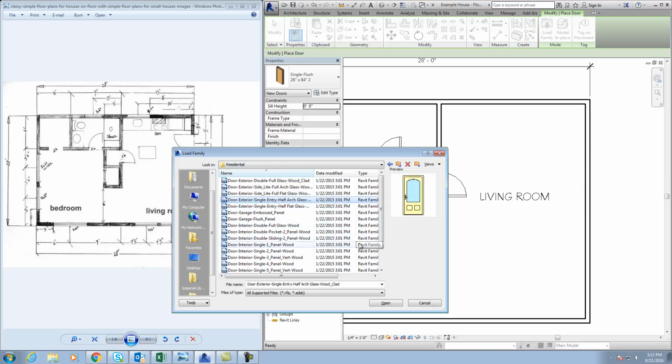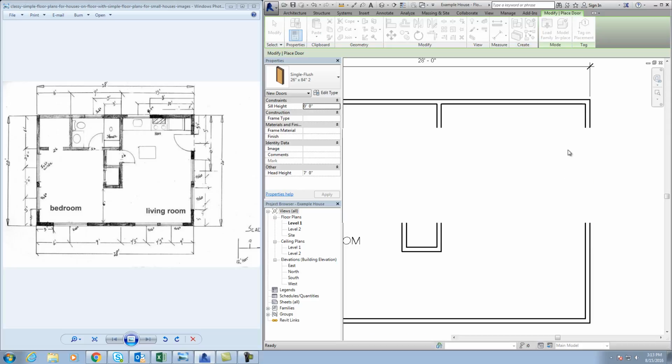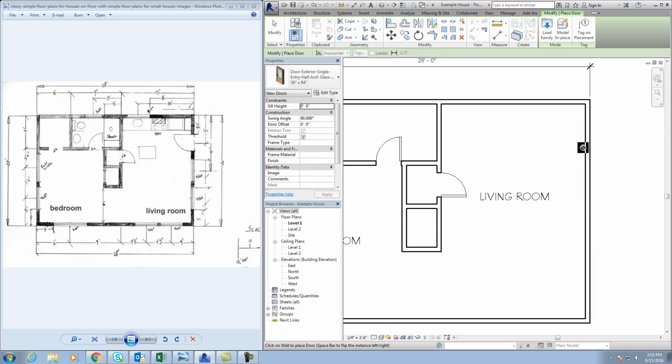Looks like a pretty nice little entry door with glass in the window for us. Open on that, and we'll do a 36 by 84. And I'm going to put this door right over here. And you can see my swing's coming in the wrong way. All I have to do is just take and turn it